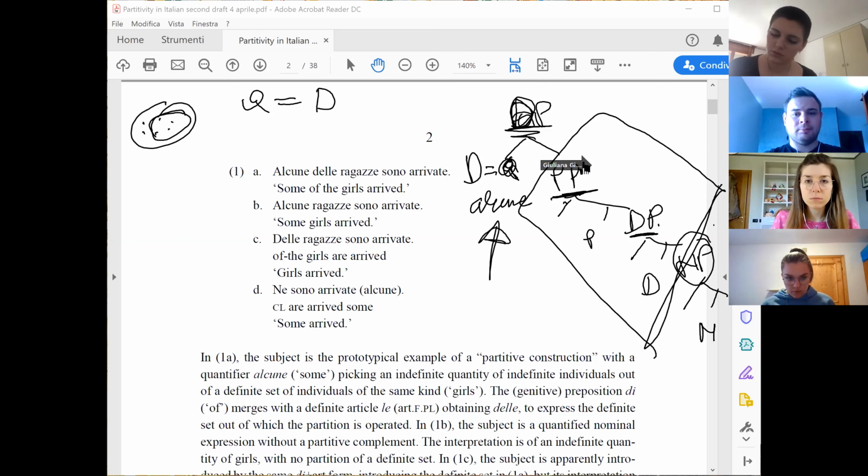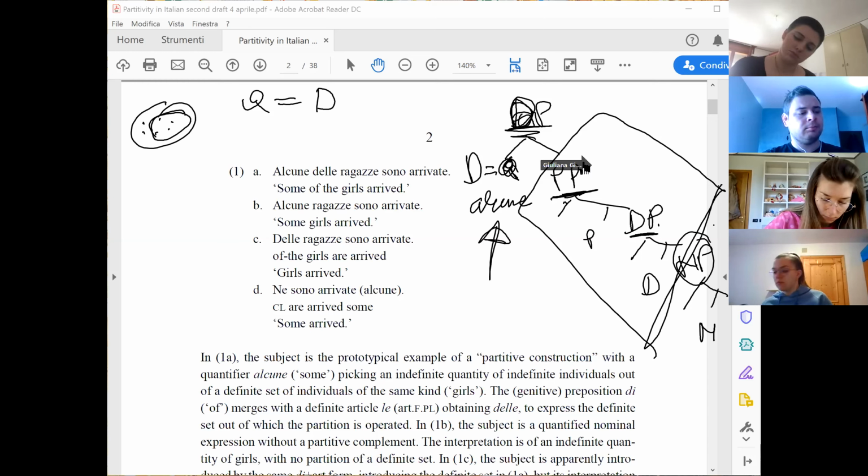And of course it is part of this meat, right? So there is a partitivity interpretation in this use of di questa carne, and in fact you find the typical feature of partitive, which is definiteness,